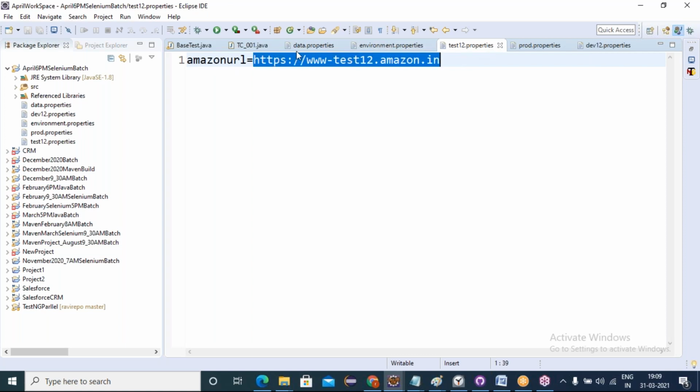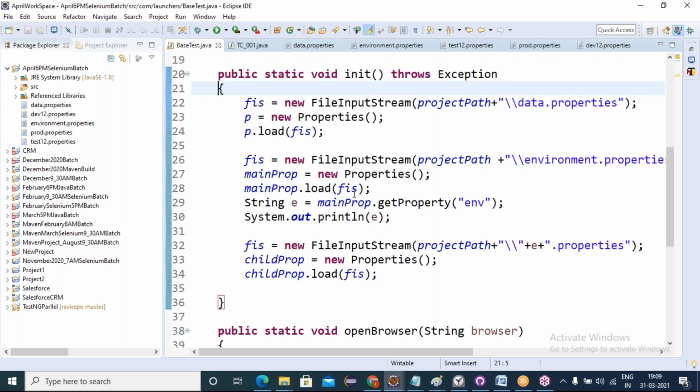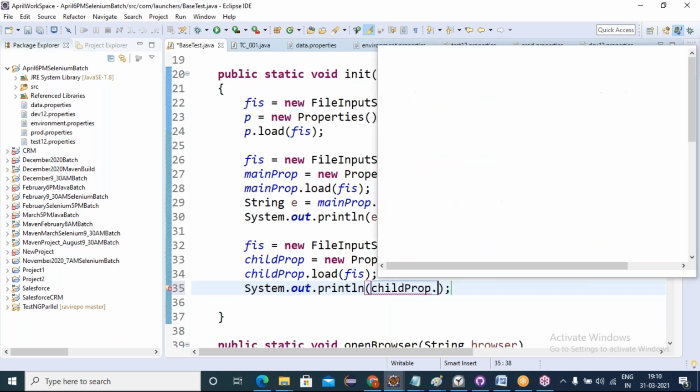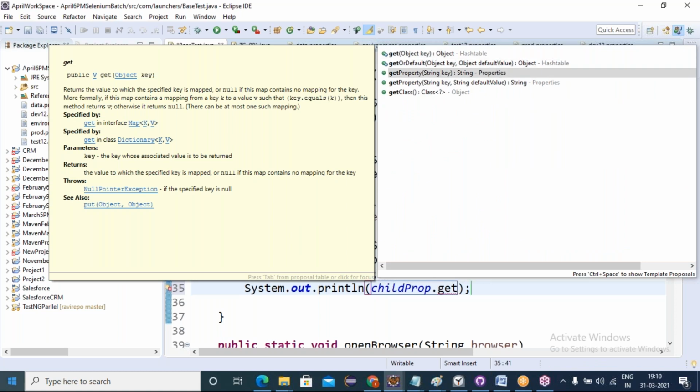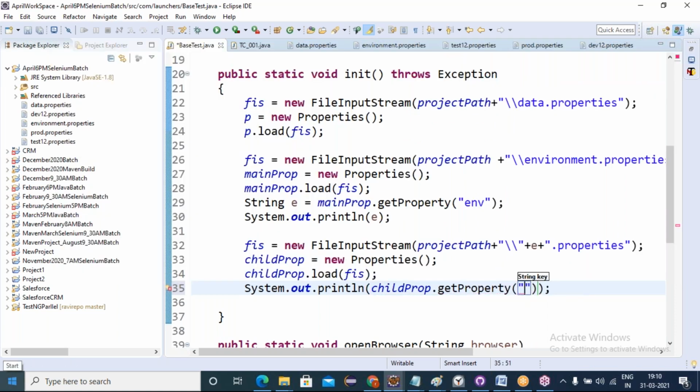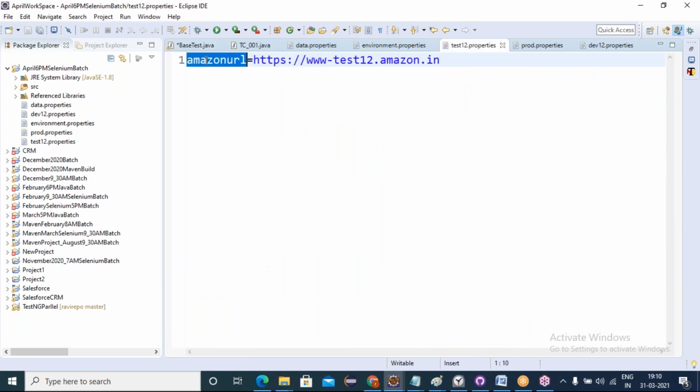Now let me print whether that URL is coming or not. Sysout, chainProp dot getProperty, giving that key. What is the key, friends? In every instance the key is Amazon URL, right? Yes.